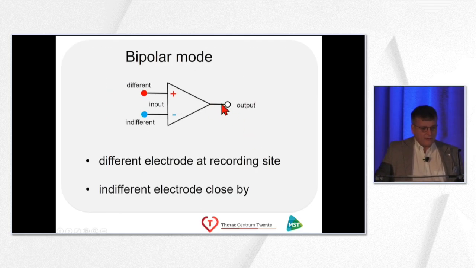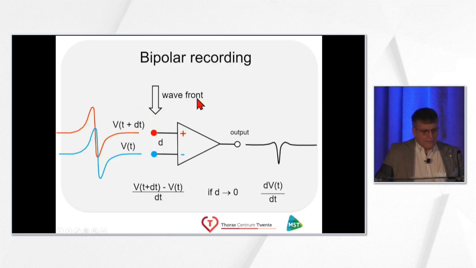Of course, you can also make a bipolar recording, and that has some advantages and some disadvantages. In this case, you connect again the different electrode to the positive input of your amplifier, and the indifferent electrode in this case is an electrode located in the heart, close by the different electrode. And what happens then is that if you have a wavefront that is passing the electrodes of your catheter, then in fact 2 unipolar electrograms are recorded, which are subtracted in the amplifier, yielding a bipolar electrogram. And in fact, 2 unipolar electrograms with a little time shift are subtracted from each other, and if you put it in a mathematical formula, then in fact you